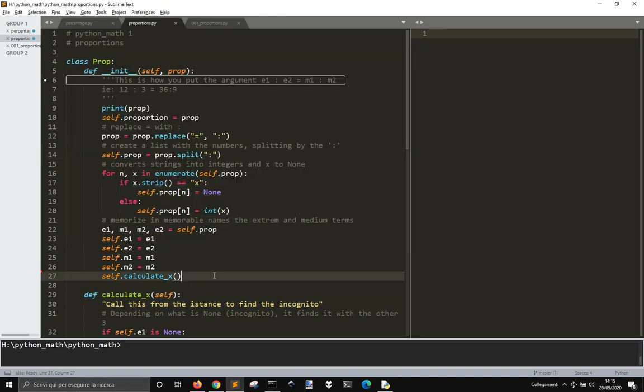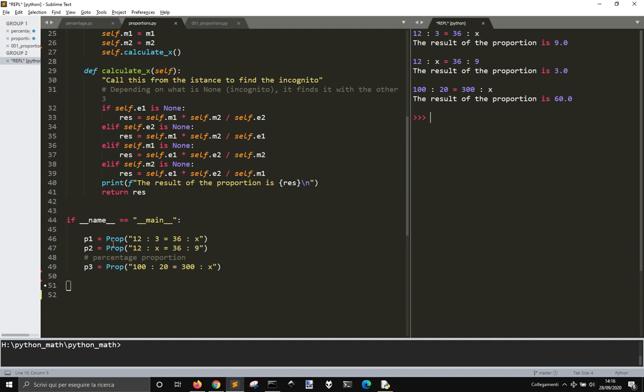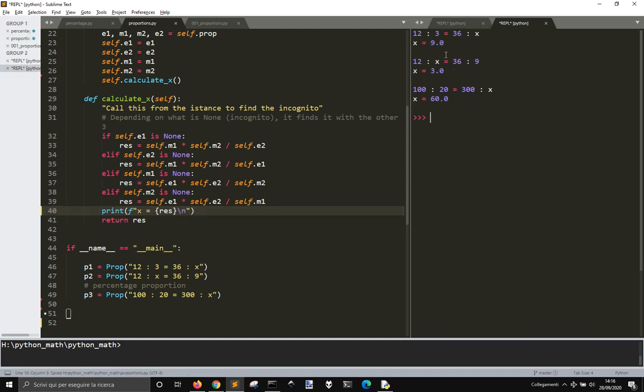Okay, in the latest post, we have seen how to calculate the proportion, and we just gave it, using this class Prop, a string with the proportion with the one term that is unknown, and then the class will solve it, telling you which is the x practically. And so let me change this one, like x equal 3. Okay, so